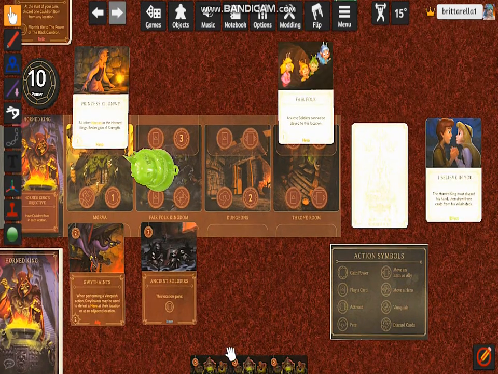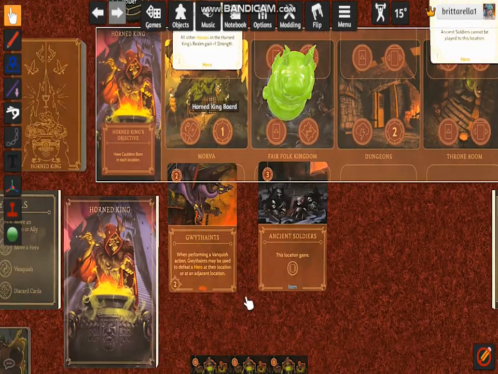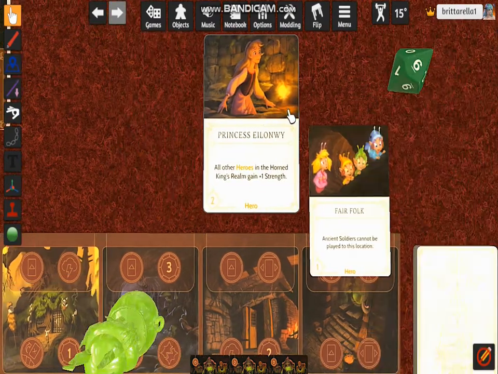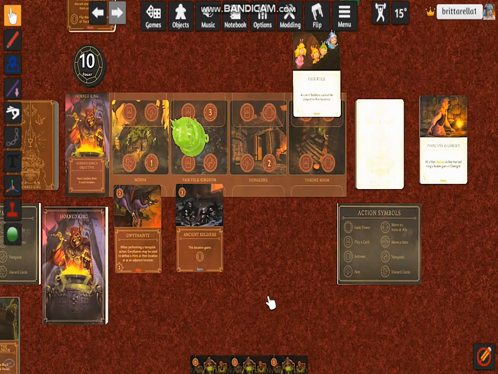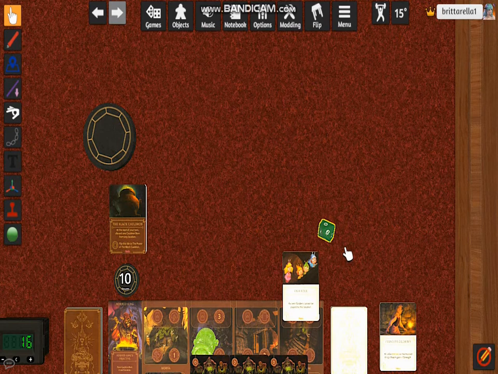Then, I don't want to play any cards yet because I still need some more ancient soldiers. But what I am going to do is have this dragon vanquish the princess. When performing a vanquish action, I must defeat a hero in their location, and this is the one. Or it could be a different location, but the princess has been defeated, so now my turn is done,